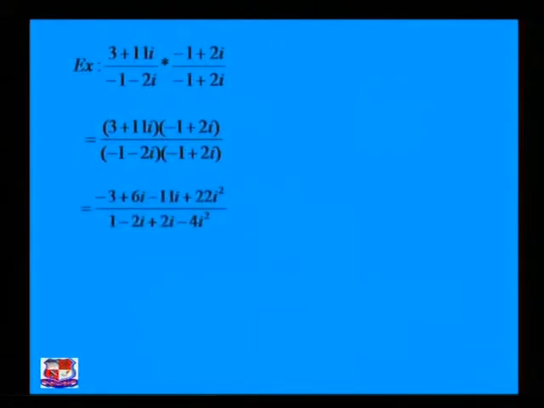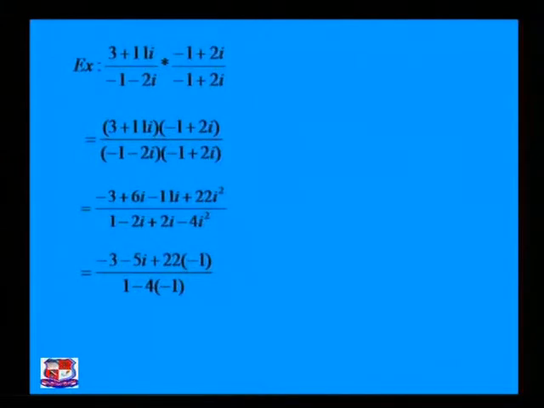So if we multiply the complex numbers, we will get (3 + 11i) into (-1 + 2i) is equal to -3, that is 3 into -1, then 3 into 2i, that is equal to 6i, then 11i into -1, that is equal to -11i, and 11i into 2i, that is 22i square, and in the denominator we will get 1 - 2i + 2i - 4i square, and after all we will get -3